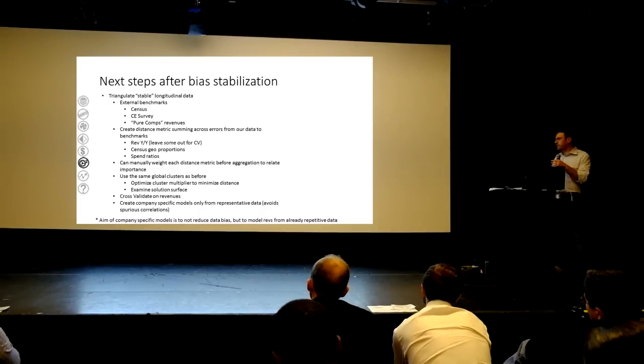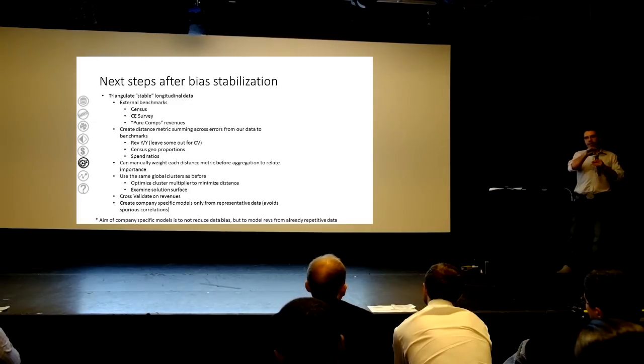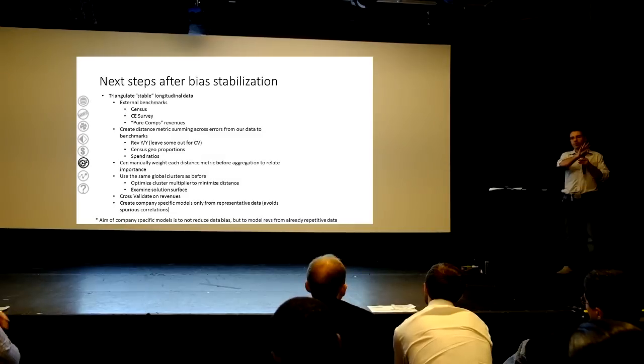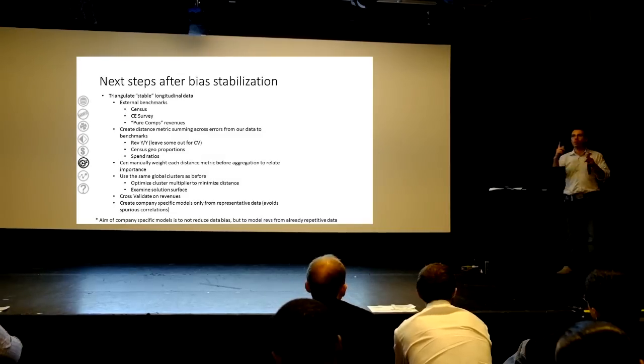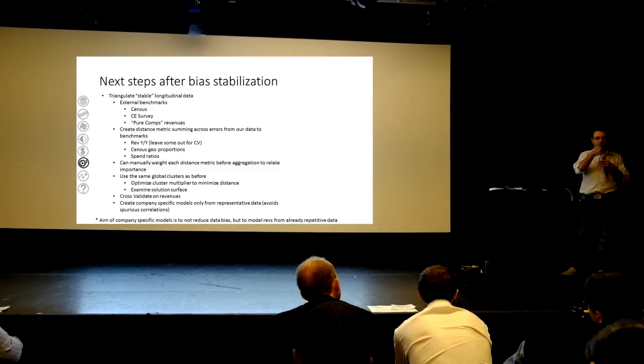Okay, and so this is actually a really important point I want to make, is that we don't want to create a company-specific model to remove the bias from the raw data directly. You want one model, not a company-specific model, but one global model to first remove that bias. And then once that bias is reduced, then we apply a model for the idiosyncrasy of a particular company's revenues, not to reduce the bias between your data and the population that it represents.